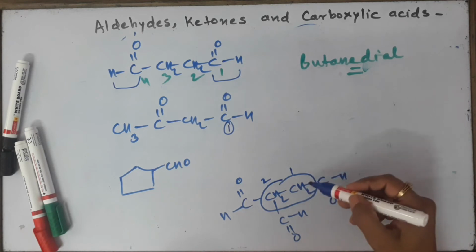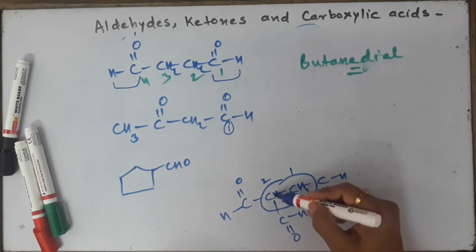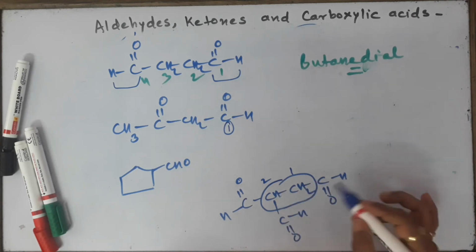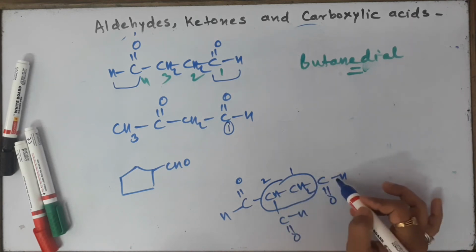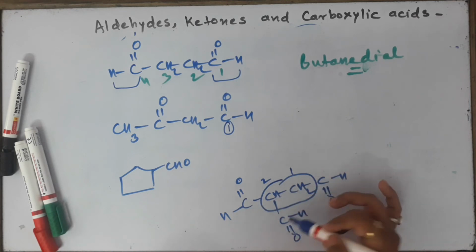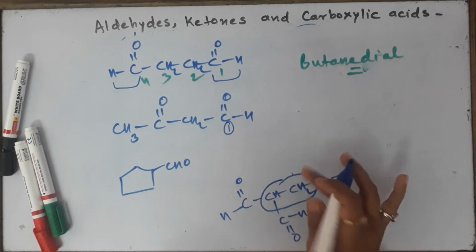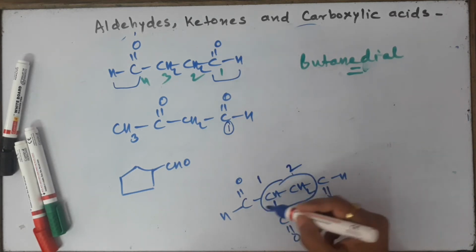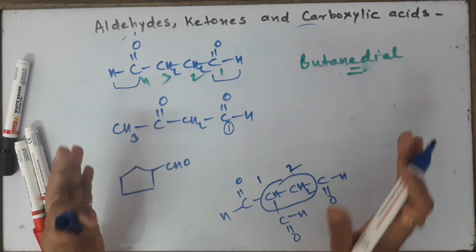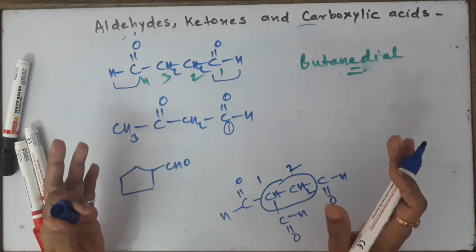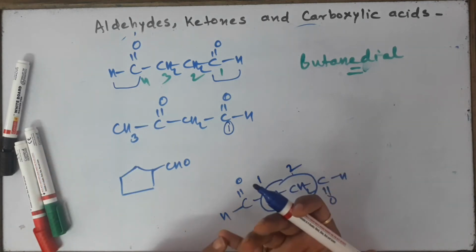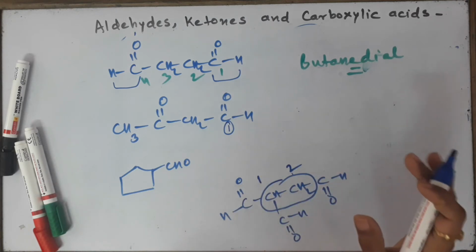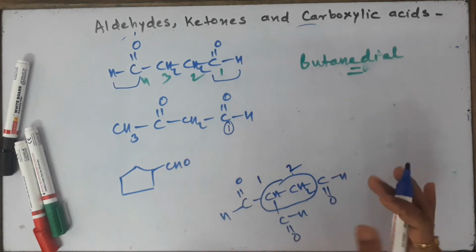So I'll be calling it like this. Look at this. At position number 1 you have got CHO. At position number 2, I think one hydrogen should be removed from here. So at position number 1 you have got CHO, and at position number 2 you have got 2 CHOs. So I'll start numbering from the left naturally, because the more the branching, the more priority has to be given. So I'll start from the LHS. Okay children, please revise those 11 standard rules which you had studied for nomenclature, which is how to number the chain, what is the lowest sum of locants rule, and all those things. The same rules are going to be applicable here also.